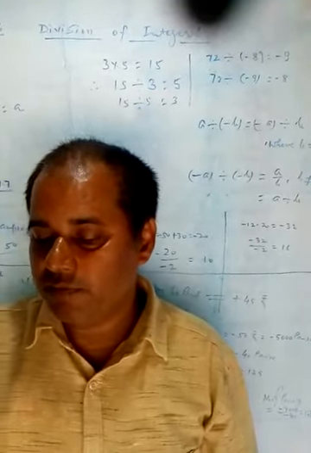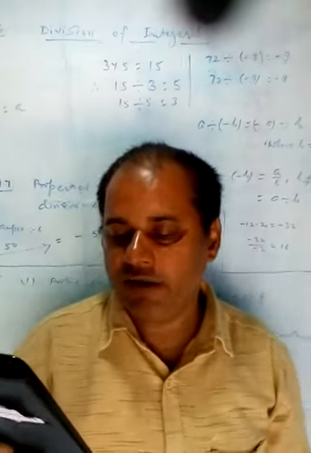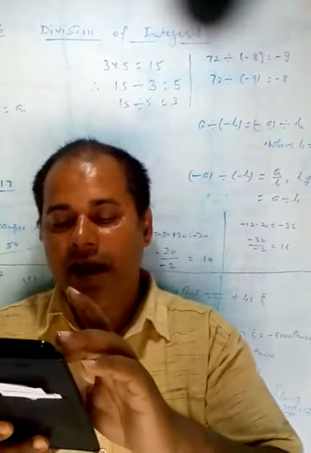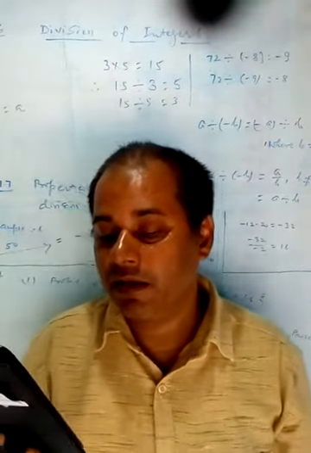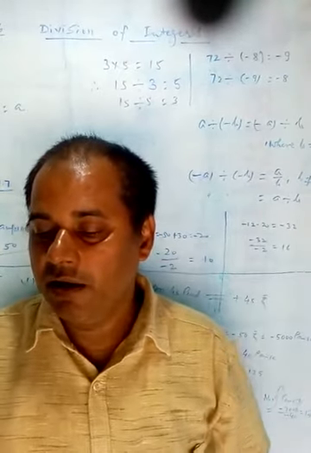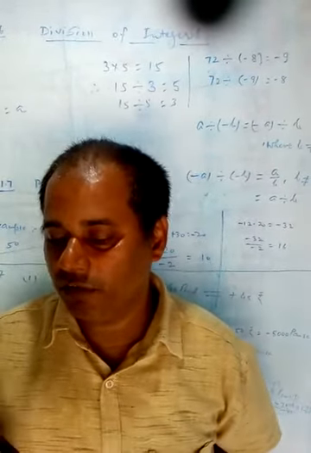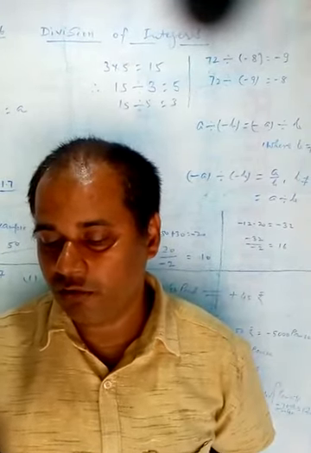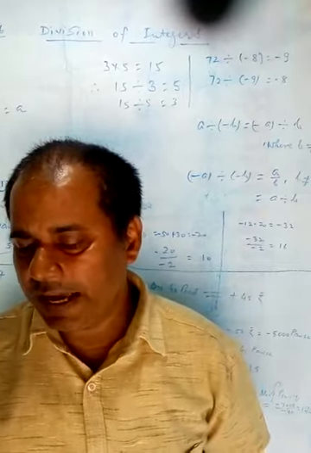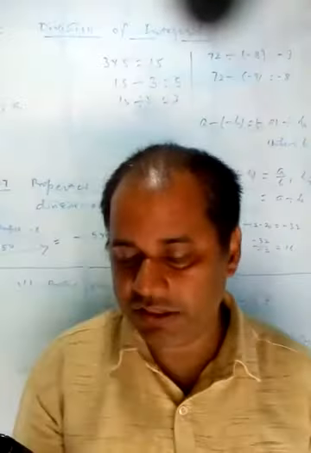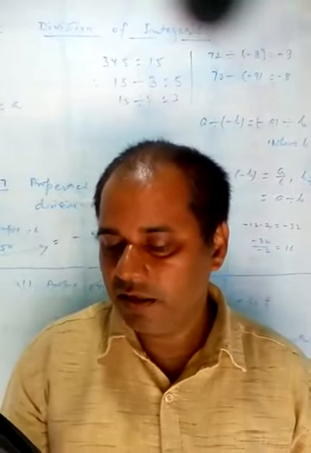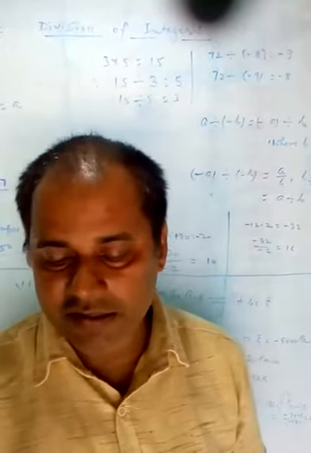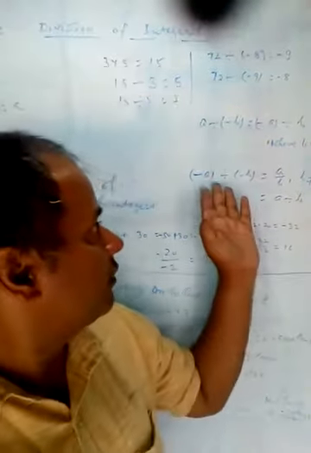Can we say that minus 48 divided by 8 is equal to 48 divided by minus 8? Let us check. We know that minus 48 by 8 is equal to minus 6, and 48 divided by minus 8 is equal to minus 6. So both are the same. Check this for the other two also. So we can say that when we divide a positive integer by a negative integer, we first divide them as whole numbers and then put a minus sign before the quotient.